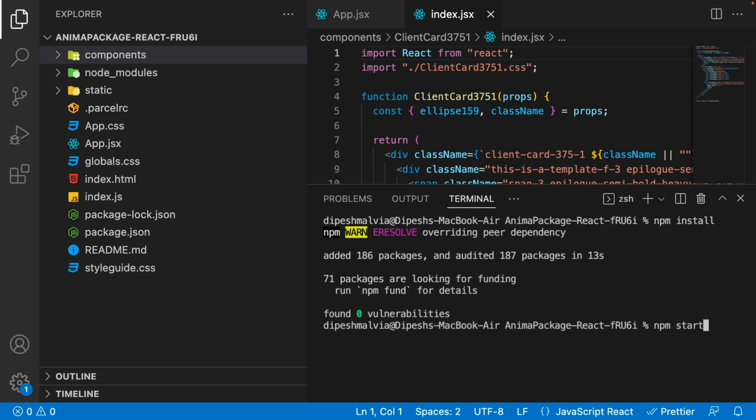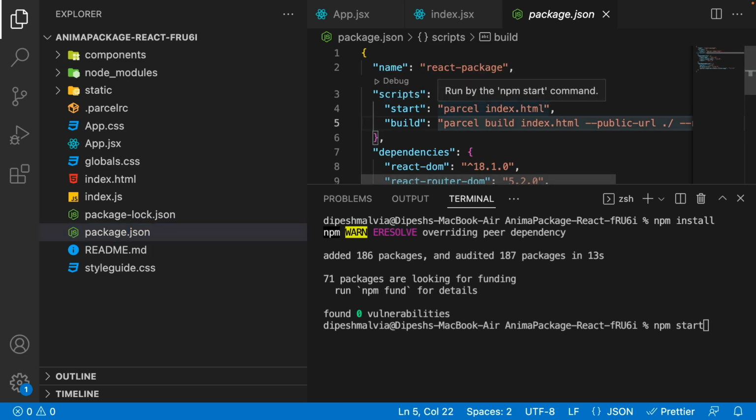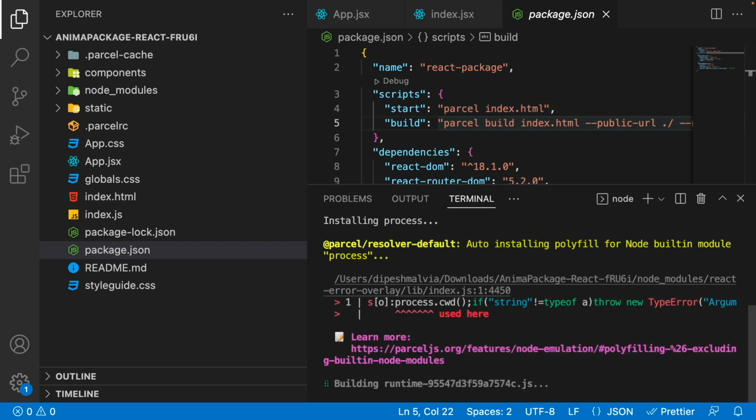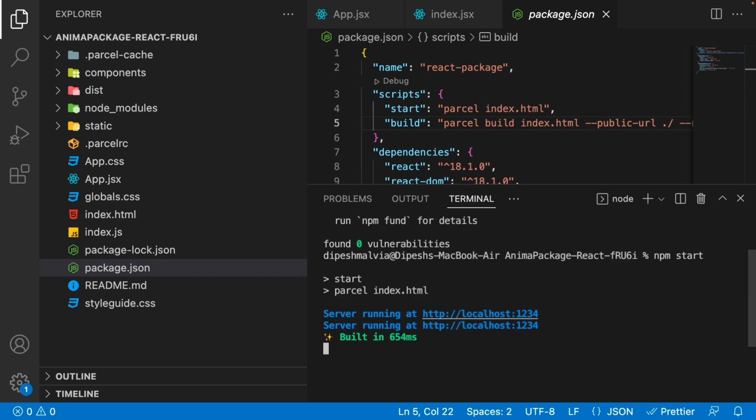All right, but before doing the npm start, I will go to the package.json and just see what happens. When I do the npm start, it's going to run parcel index.html. So let's hit enter. All right, and you will see that immediately it will start my local server at localhost 1234. So I'm going to copy this, and let's